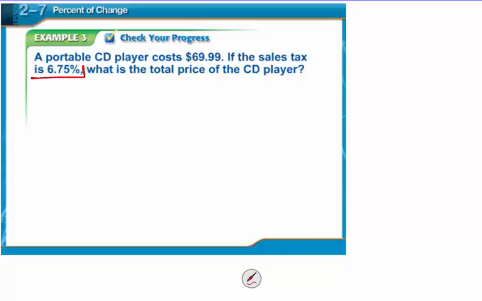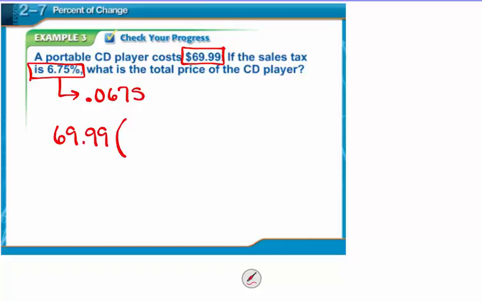A portable CD player costs $69.99. If the sales tax is 6.75%, what is the total price of the CD player? Let's first change 6.75% into the decimal, 0.0675. All right, let's use the method that we just discussed. 69.99 times 1, the amount that I add back of the $69.99, 0.0675 equals